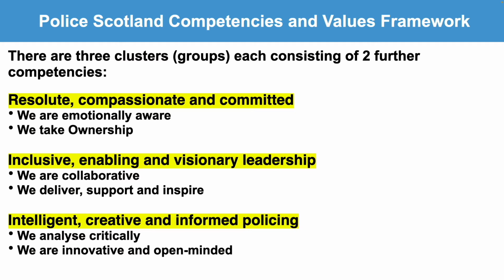Now, this may all sound quite overwhelming to begin with, but I'm going to break these down for you and show you how you can answer competency-based and value-based application form questions with ease. So let's now take a look at the first Scottish application form question that I suggest you prepare for, which